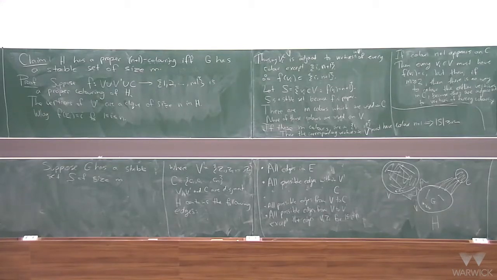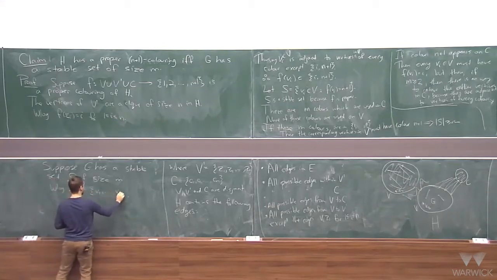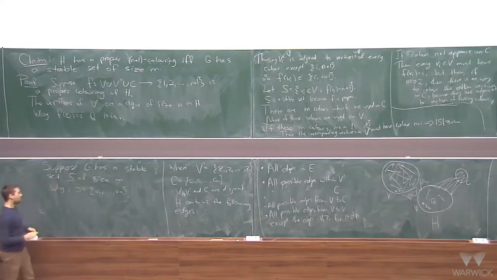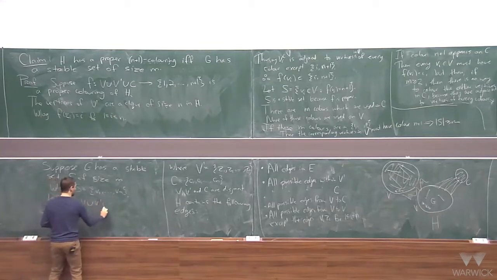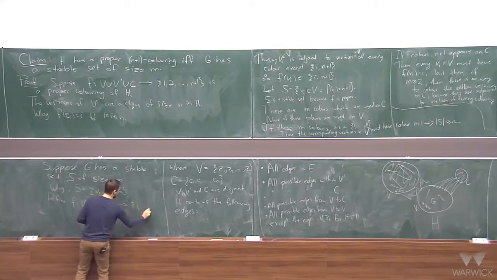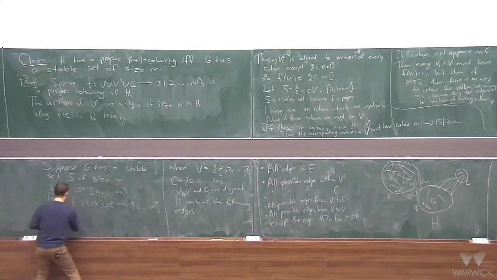So suppose now it has a stable set of size M. Without loss of generality, we can assume that this is just the first M vertices, so it's just V1 up to Vm, because otherwise we can just rename the vertices in another way, right? And now we just define a function f from V union V prime union C to 1 up to n plus 1 by